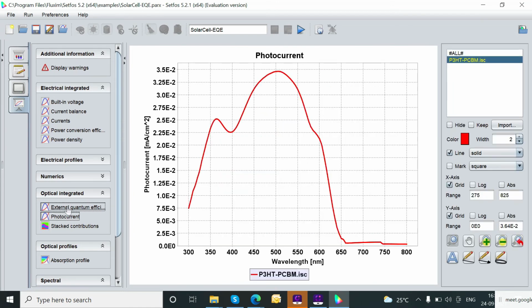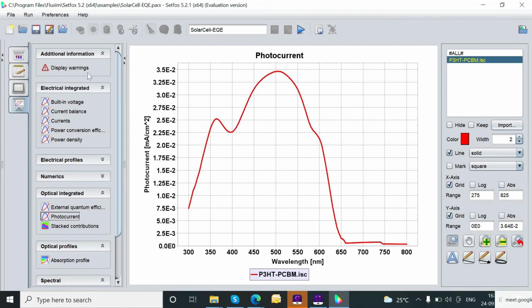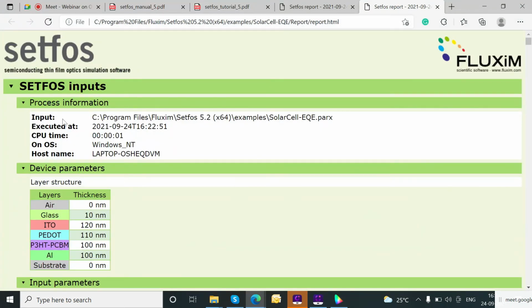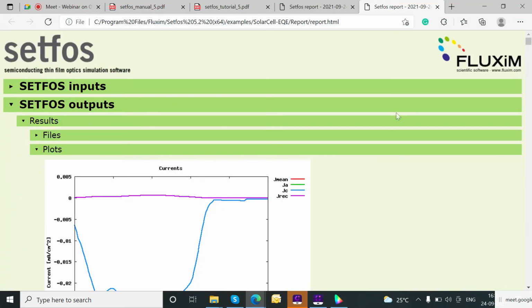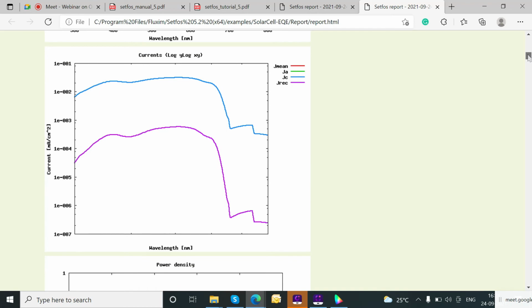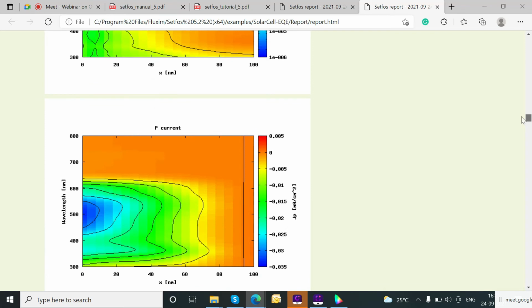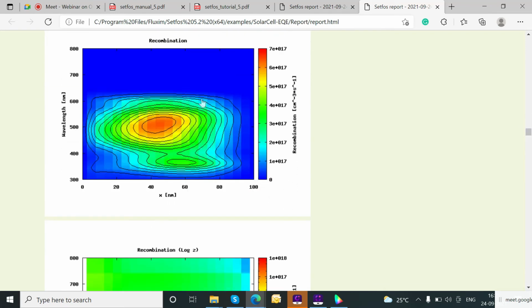Once the wavelength is changed, like I activated this play button, on the bottom of the page you can find, and for quantum efficiency analysis, this is the external quantum efficiency for this output. And similarly the photocurrent and quantum efficiency both are there. And stack contributions, this is the stack contribution. So optical integrated analysis and external quantum efficiency analysis.